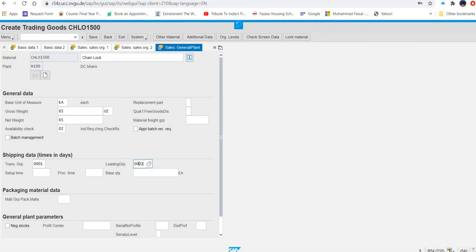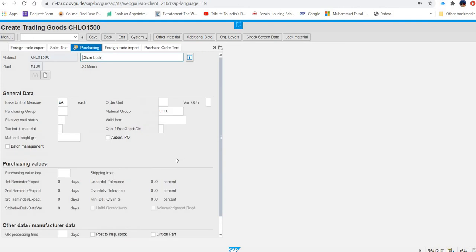Then we have to press enter, or we can go to the next tab, that is the purchasing tab. If we press enter, we will go to the purchasing tab. Here we are on the purchasing tab. Now N00 for purchasing group. So where is the purchasing group?